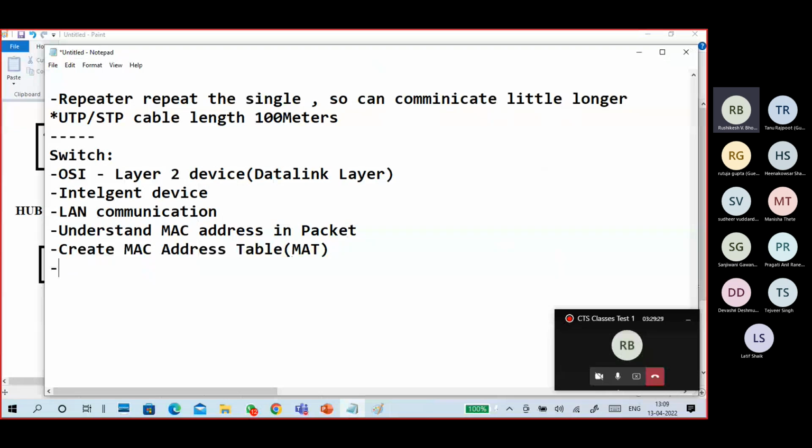Using the MAC address table with unicast, it does the packet forwarding. So it is an intelligent device, for LAN communication purpose only.